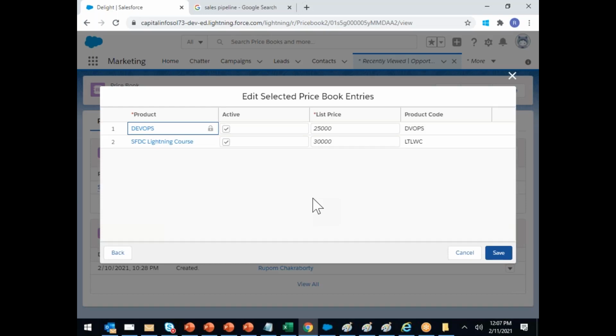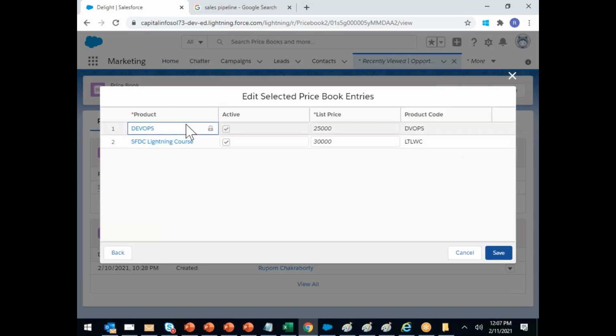Whether you link from here to there or there to here, the meaning is the same. But if you're standing on the price book and linking a product, you can see that at a time I can select 2. If 3 products, at a time I can select 3.